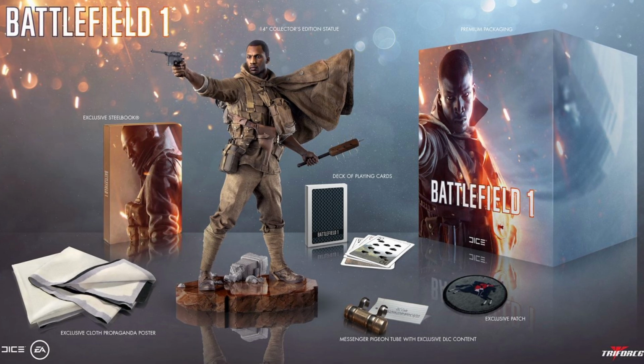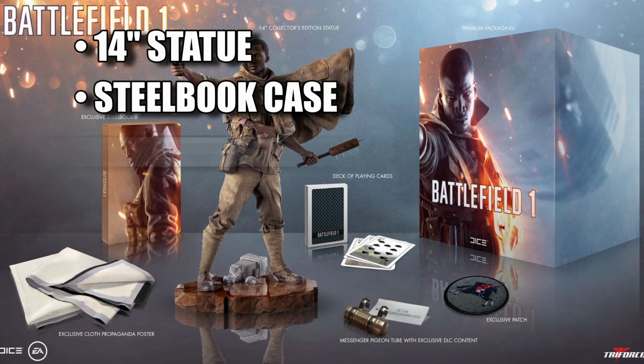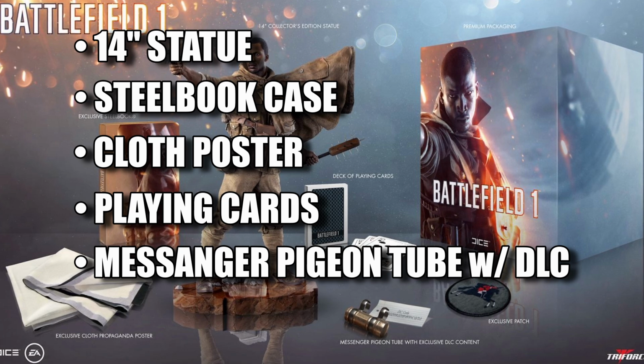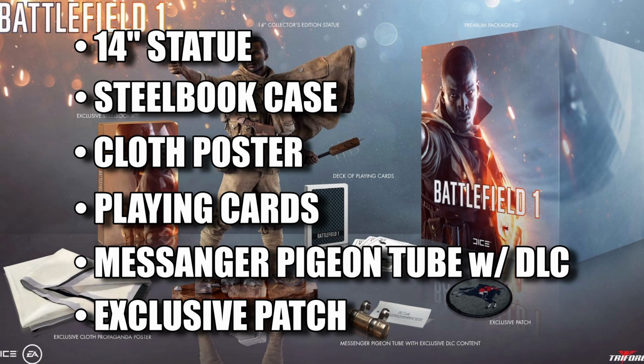The Battlefield 1 Collector's Edition would come with a 14-inch statue, an exclusive steel book and a cloth poster, a deck of playing cards, a messenger pigeon tube with exclusive DLC content for the Doughboy M1911 pistol, an exclusive patch, and also premium packaging. It's also worth noting that the game would also have a number of multiplayer DLC expansions